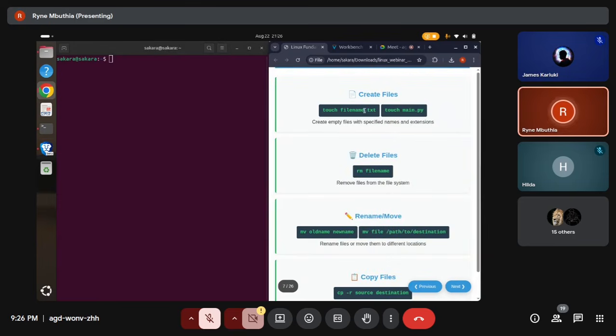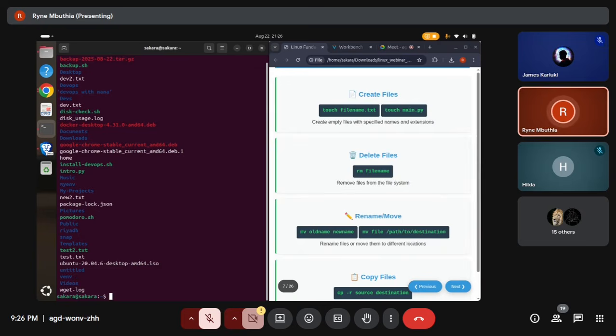So we have created a new file. These are files which you can create. You can also delete a file. So let's list, and we have a file like dev.txt. So we do